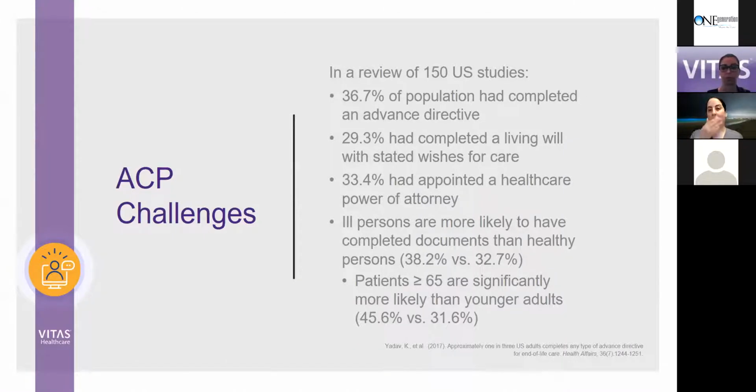So in a review of 150 studies in the United States, 36.7% of the population had completed an advance directive, 29.3% had completed a living will with stated wishes for care, and 33.4% had appointed a healthcare power of attorney. Ill persons are more likely to have completed documents than healthy persons, although it's not by very much. It's 38.2% versus 32.7%. And patients over the age of 65 are significantly more likely than younger adults, a comparison of 45.6%